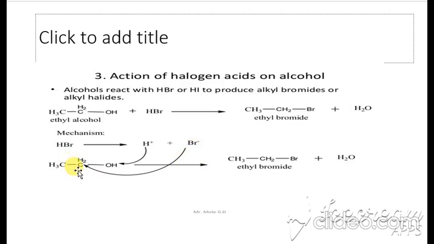Why? Because of the electronegativity difference of oxygen, polarity arises in that carbon. As a result of this polarity, carbon carries the partial positive charge and oxygen carries the partial negative charge. As a result, bromide easily attaches with the electrophilic center of the carbon. So when the halogen acid reacts with the alcohol, alkyl halide is very easily formed in the presence of ZnCl2 catalyst, and the result is that water is the byproduct.